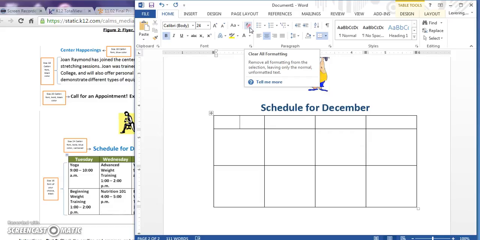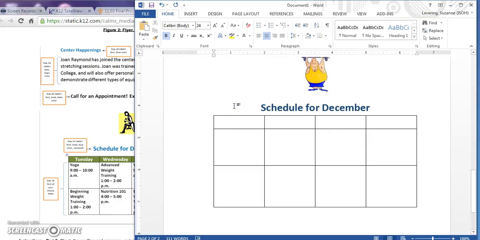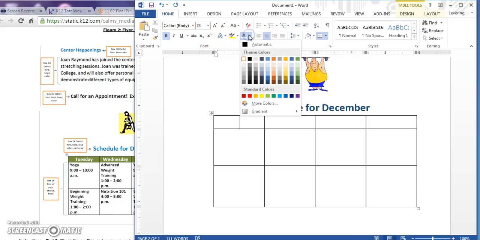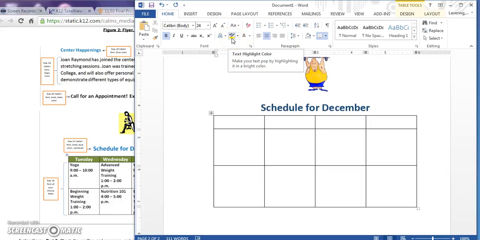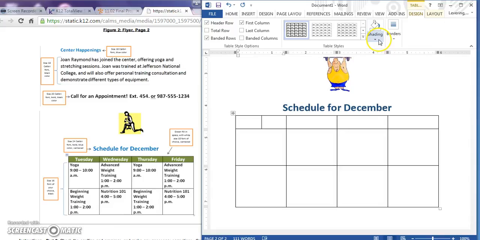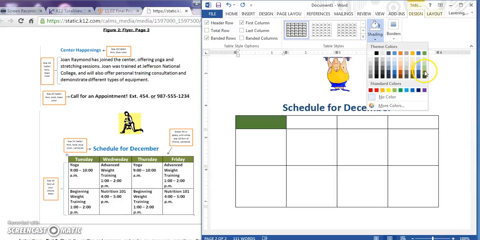Well, let's do this first. My text is going to be white, which we already did. My background fill. So to color fill my cells of the days of the week, I'm going to go to Table, Design, and click on Design. I'm going to choose Shading. It asks me to use green,